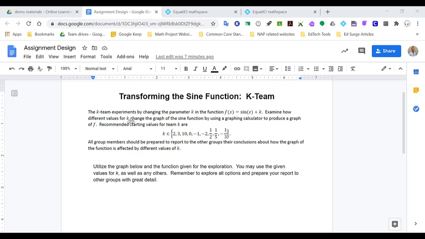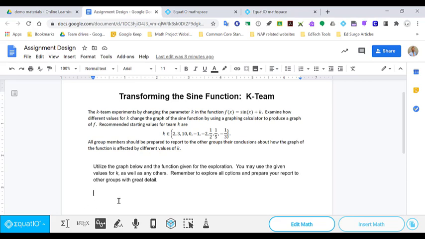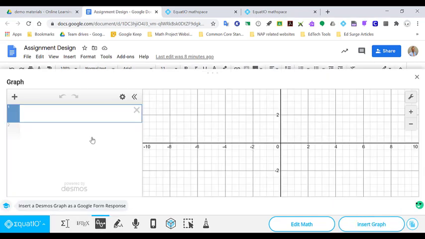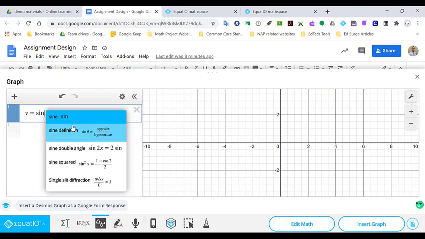So this one is the K team, and the K team is the vertical shift. And so what students are going to do is use this function sine of x plus k on a graphing calculator and determine what those values do. Well, that's perfect. So we have a graphing calculator that we can use with our EquatIO toolbar. And so it's powered by Desmos, and we'll go to the graph and we'll add in y equals the sine of x